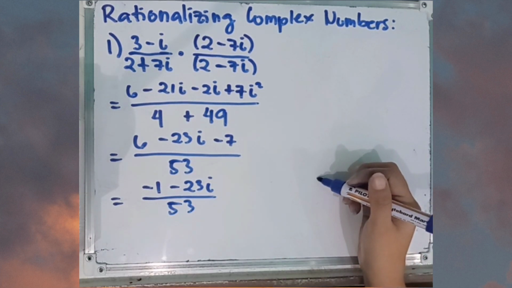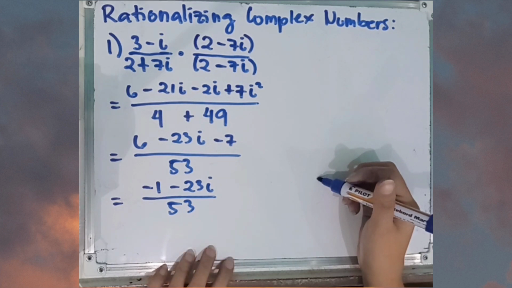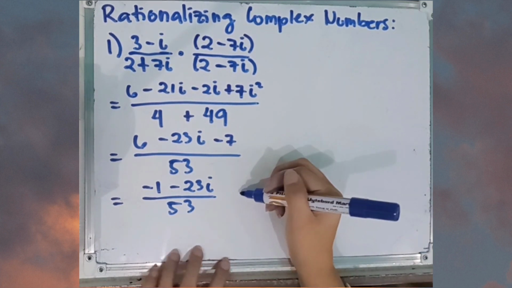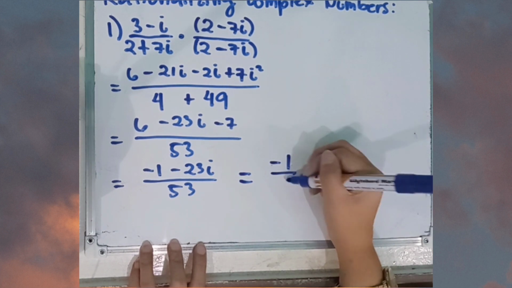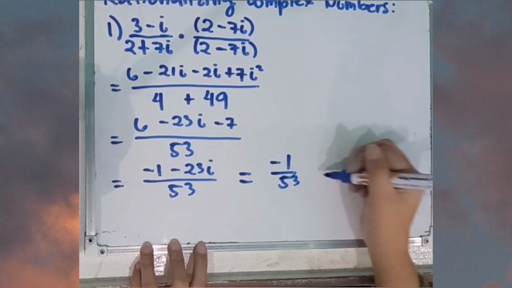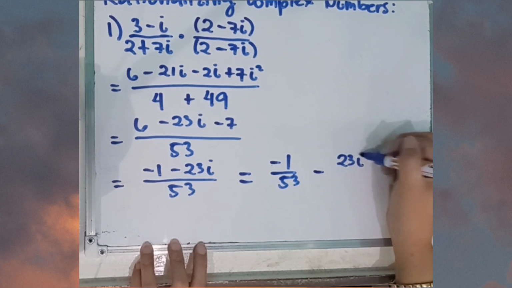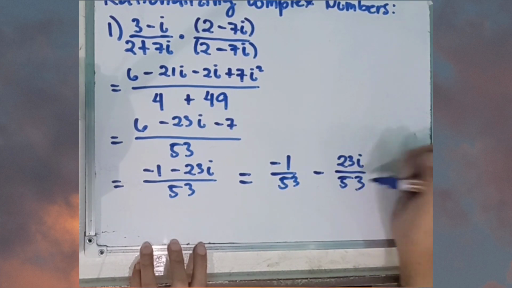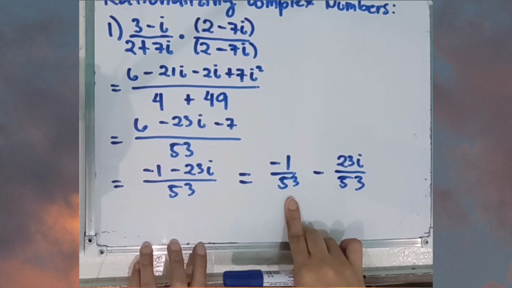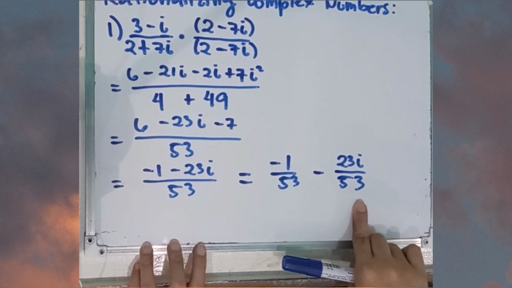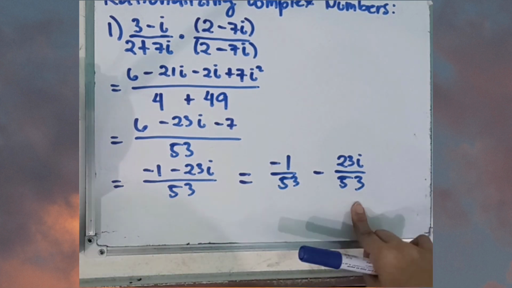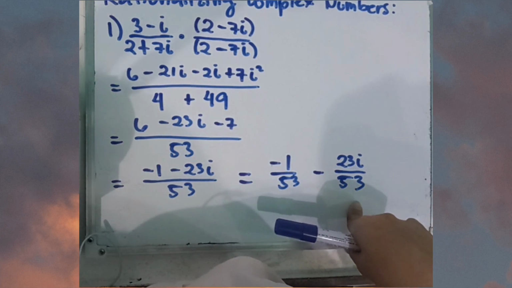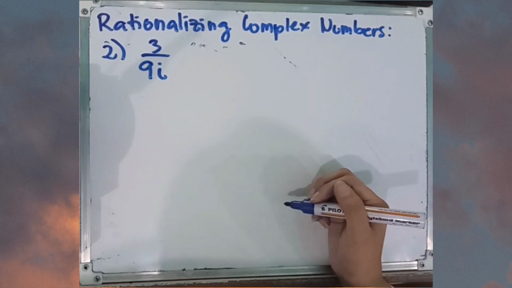For complex numbers, we can rewrite this one in the form a plus or minus bi. So, for our final answer, we have negative 1 over 53 minus 23i over 53. So this is a, our real part, this is b, our imaginary part. And as I've told you in the first part of our video, a and b can be fractions. For our second example, we have 3 over